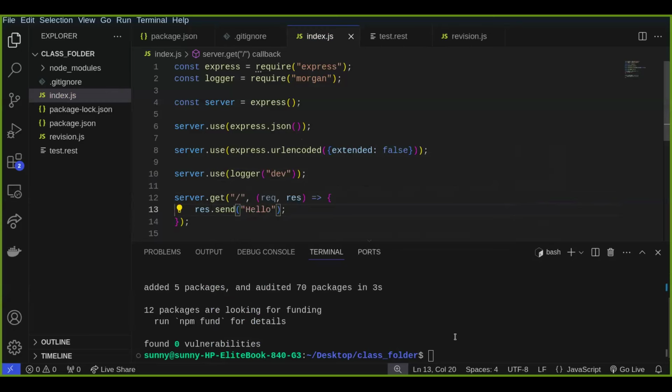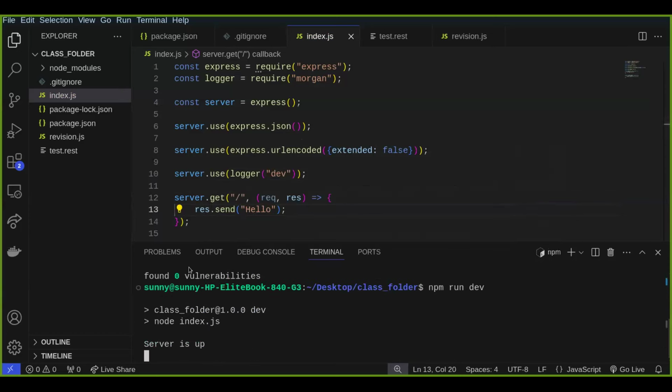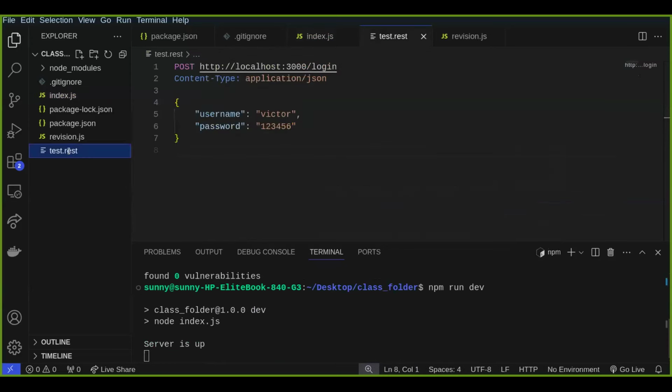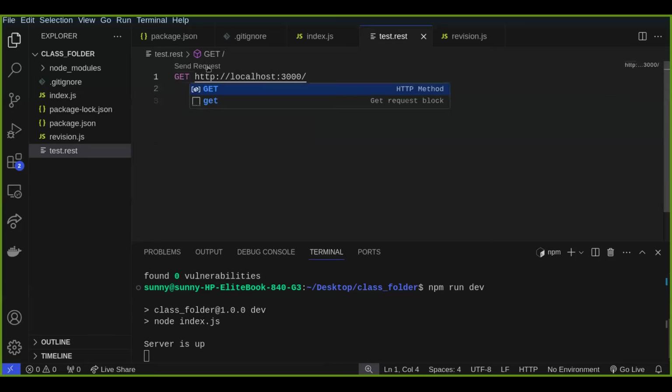That's just what I would want to send. Then if I run this, if I say npm run dev, I'm sure that's what I used. Okay, so server is up. I can send a request. So I can send a get request, right? Just delete all this. I'll send a get request to